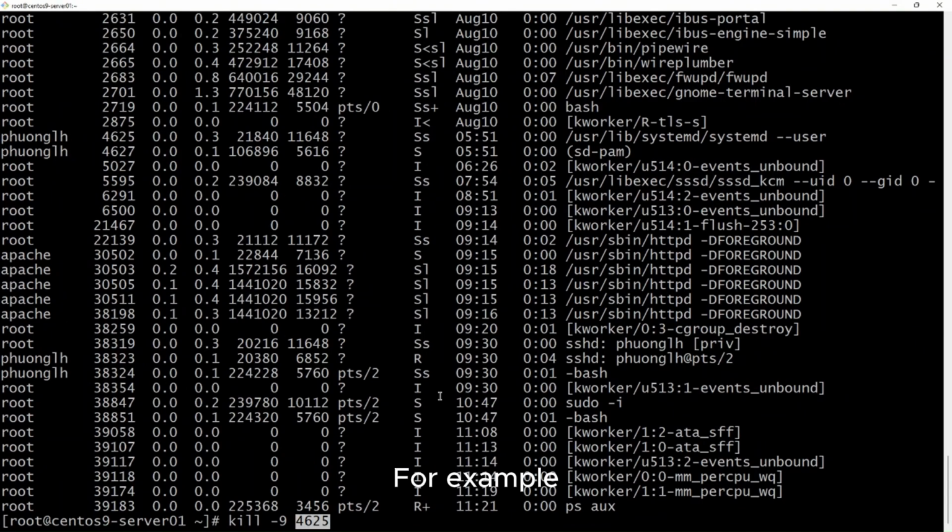For example, kill -9 4625 will immediately terminate the process with ID 4625.